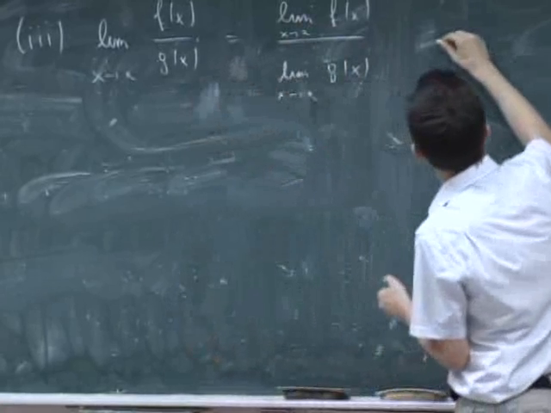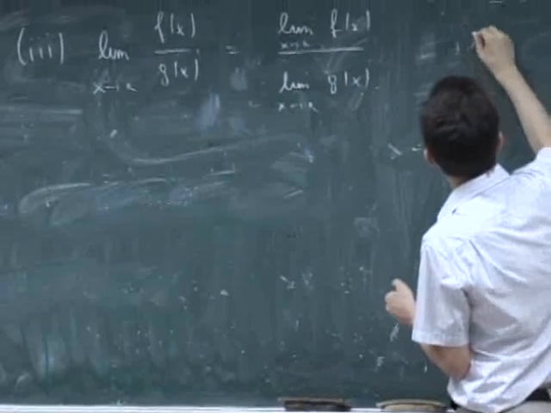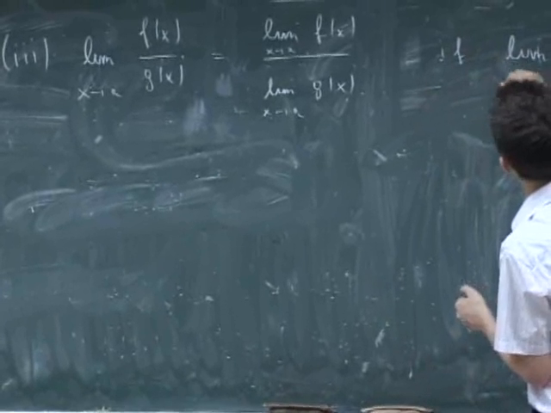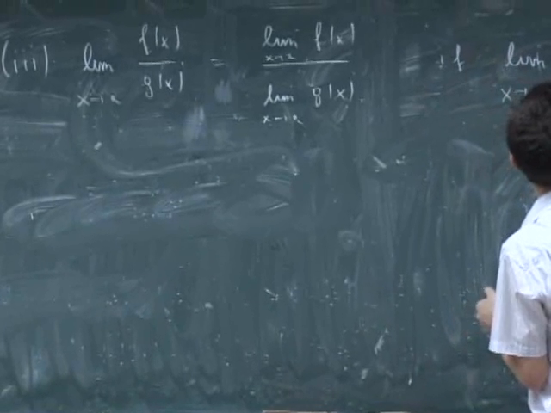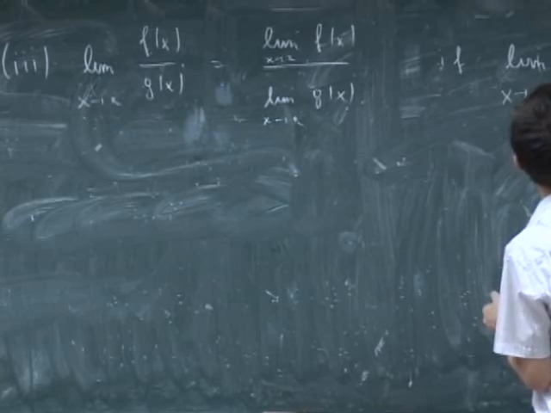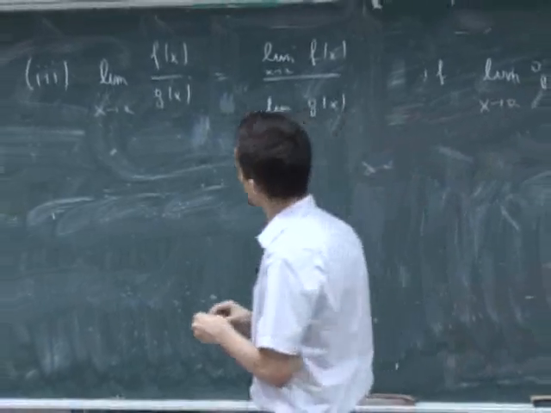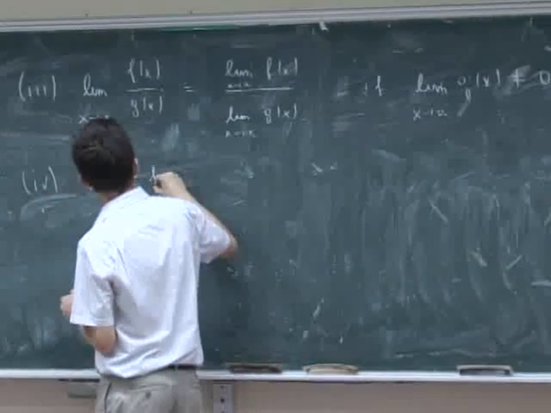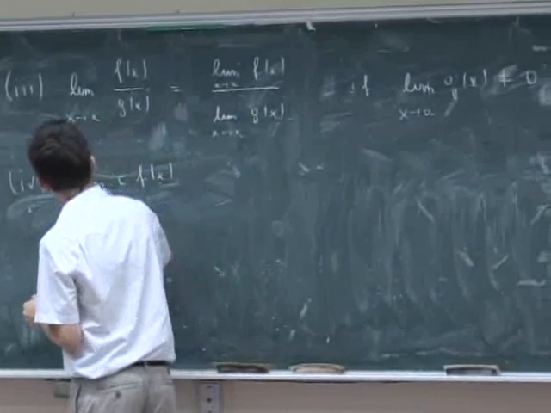But of course, you have to ensure that this limit is not 0. Otherwise, this cannot hold. It's not equal to 0. Okay. You have another simple one, which I forgot, namely the limit c times f of x as x approaches